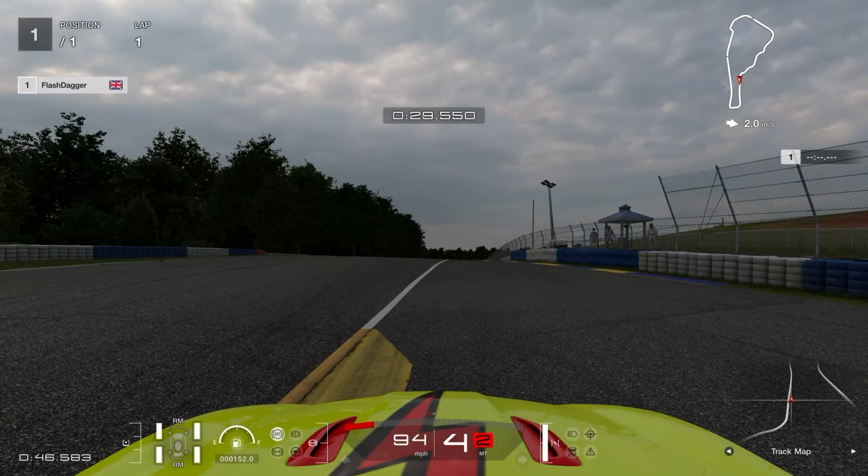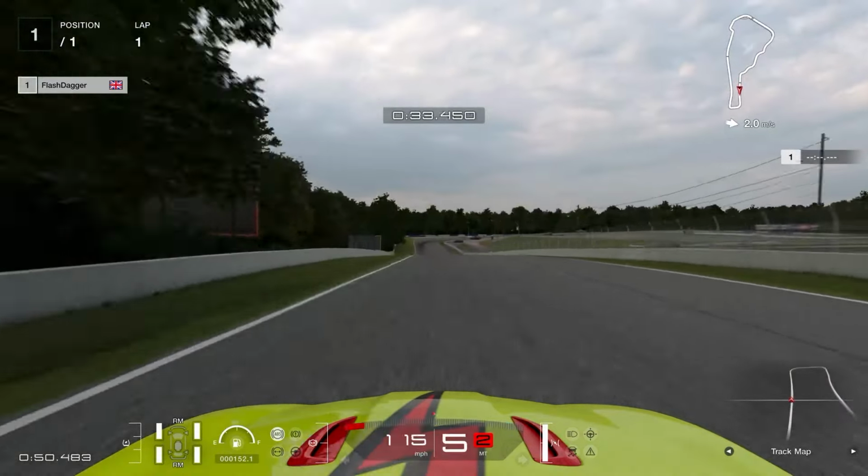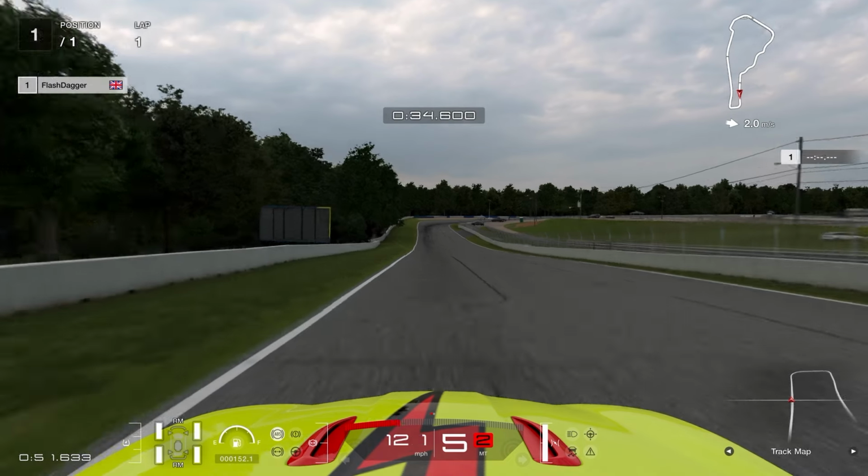So we're just going to drive this out in fourth gear. For reference, that was a 0.960 sector 1, if you're wondering. So coming down here,